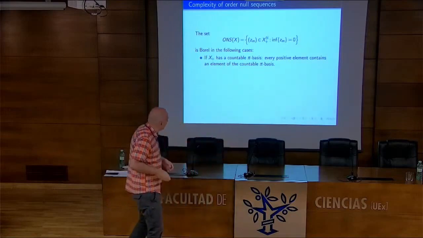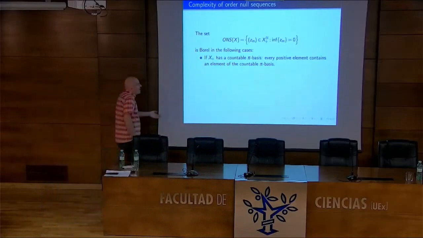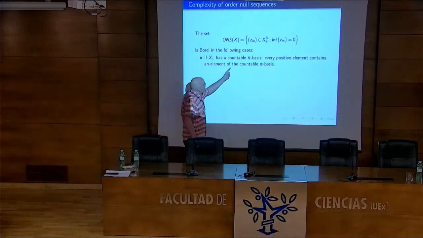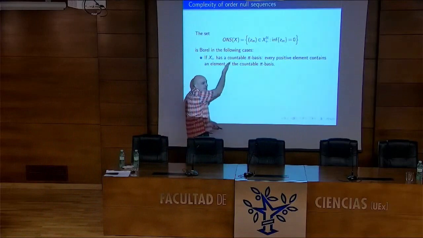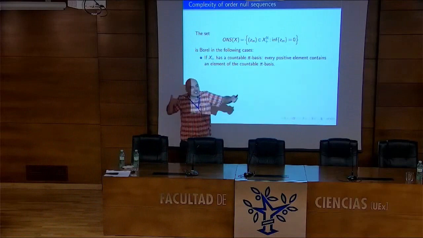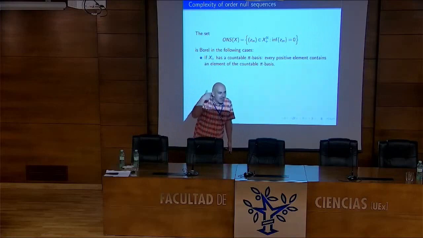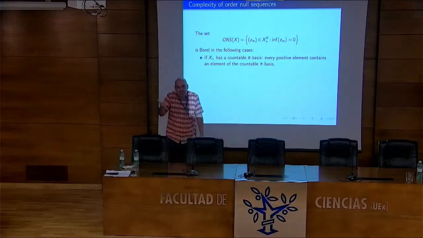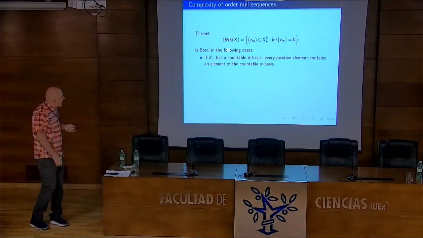This is an easy observation, because if I have a countable pi basis, to know if an infimum is 0 or not, to know if there is a lower bound, I just need to look if there is a lower bound in the pi basis, because if there's a general lower bound, there is one from the pi basis. In this way I transform a quantifier into a countable quantifier. So this is a simple trick to have a case where we don't need axioms.